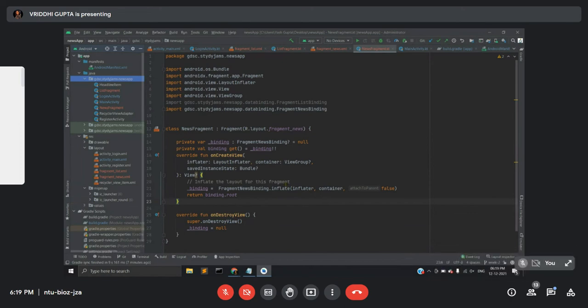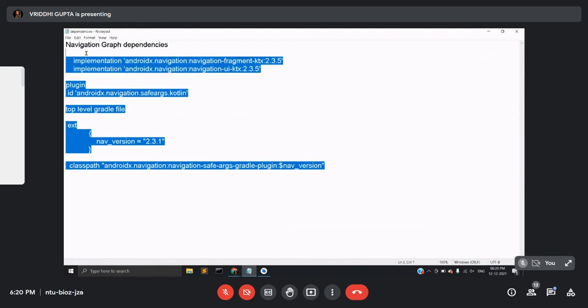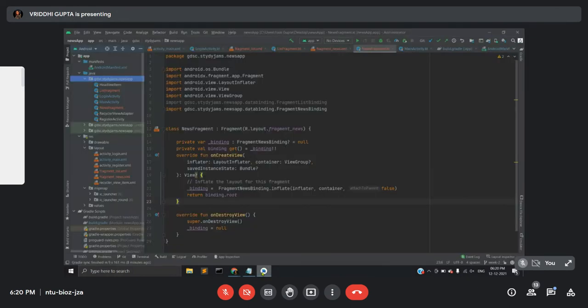Okay, so now we have coded both the fragments. Now we will move to navigation graph, the main thing for today. Now I will be giving you these dependencies that you have to add in your application.